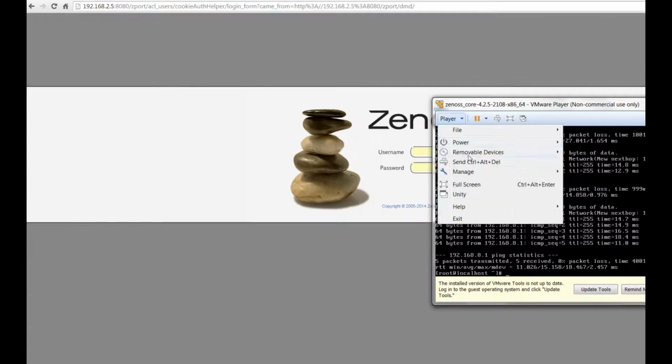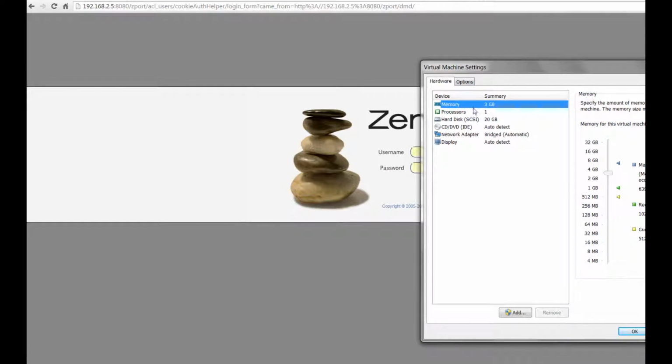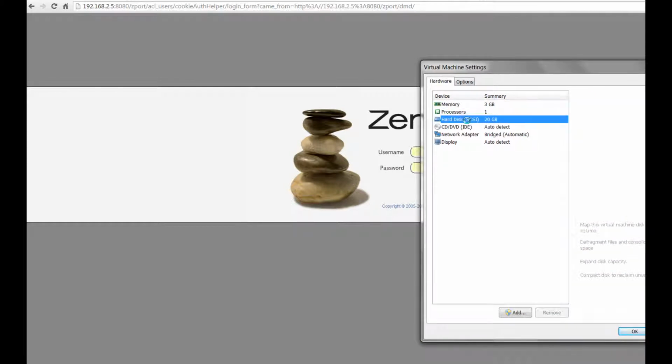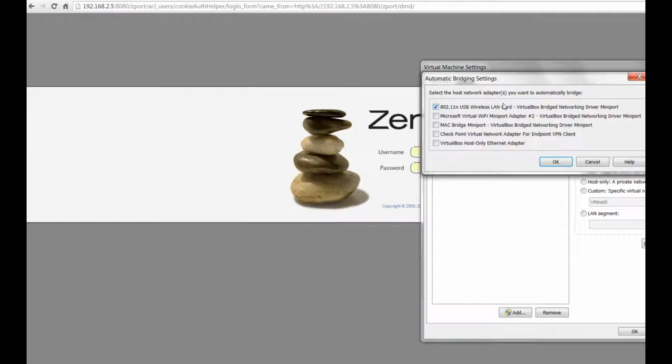And the settings that are used by this virtual machine is 3 gigs of memory and 20 gig hard drive space. Also to note is the network adapter. Be sure to set it to be bridged so that it would be able to discover devices on your physical network as well as any GNS3 devices that you have connected to your virtual cloud, which we will talk about in a little bit. So here I have the network adapter. It's been bridged to my wireless NIC,